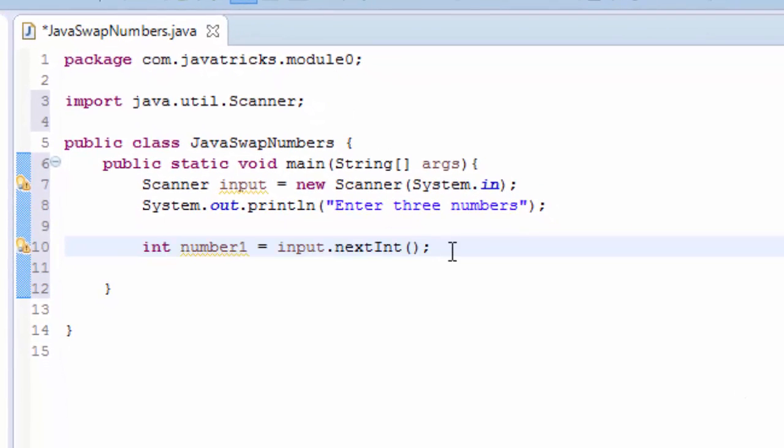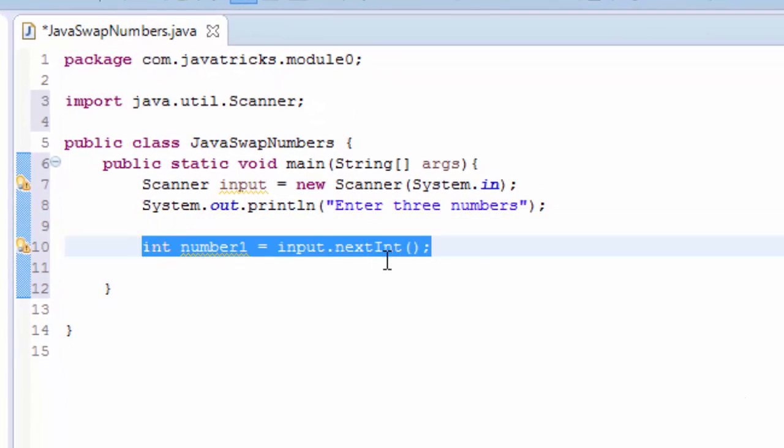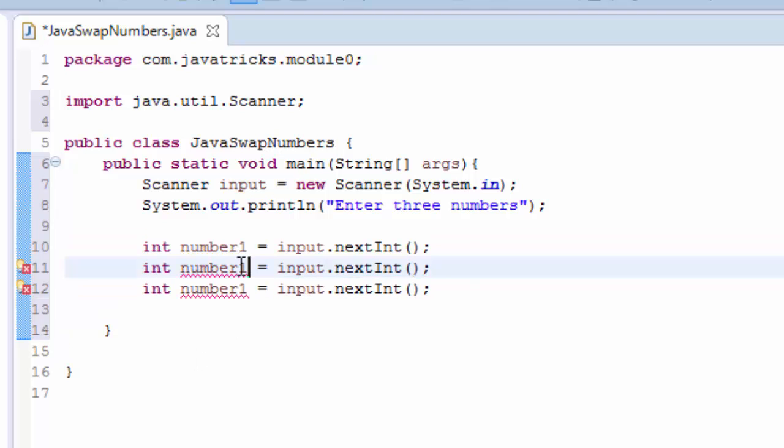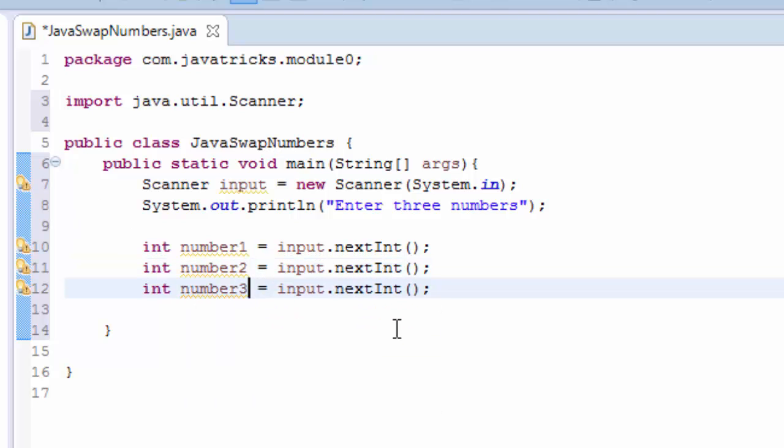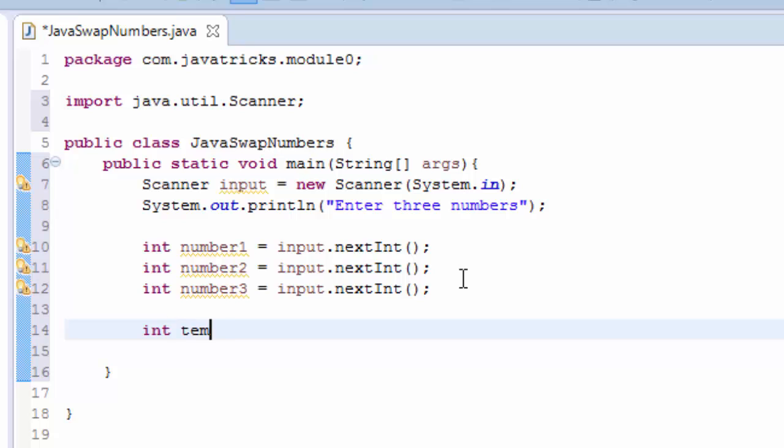And now I'm going to make two more variables, number2 and here number3. And then I'm going to create one more variable, int temp, or temporary. Then we're going to ask if